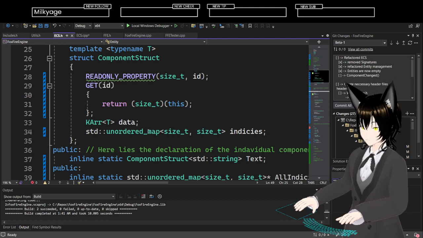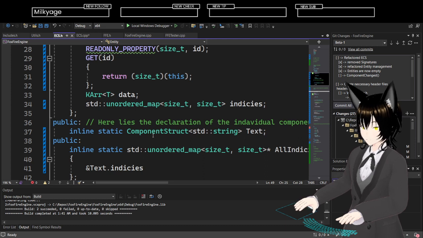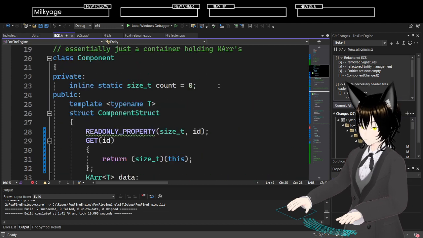Why is that so big though? Why is that 41 kilobytes? Huh. A little strange.